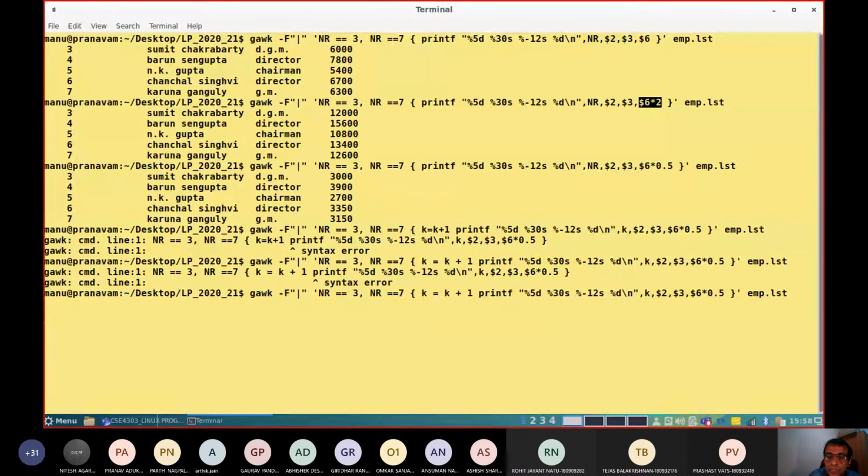One, two, three values I'm trying to print: 1, 2, 3.